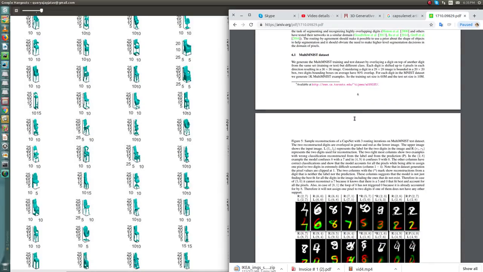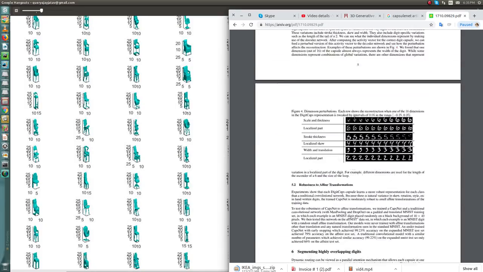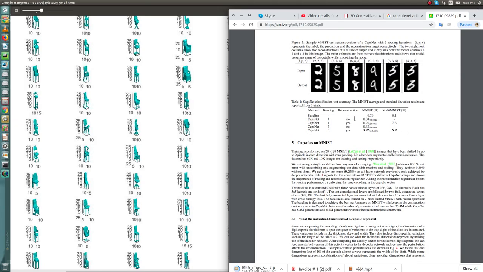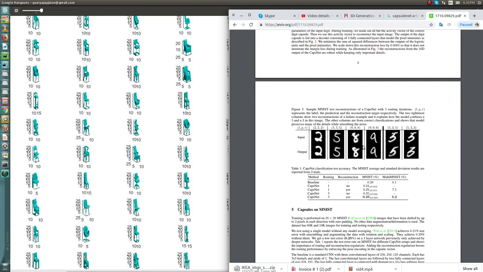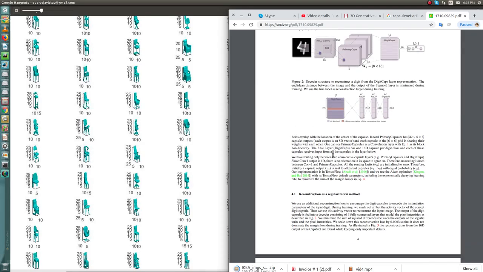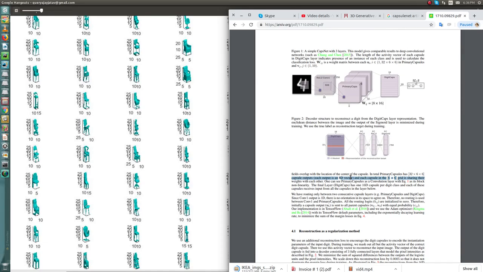With the help of this, it is able to learn very high dimensional features. Instead of learning that a 2 looks like this particular 2, it is able to identify rotation, even if some pixels are altered.